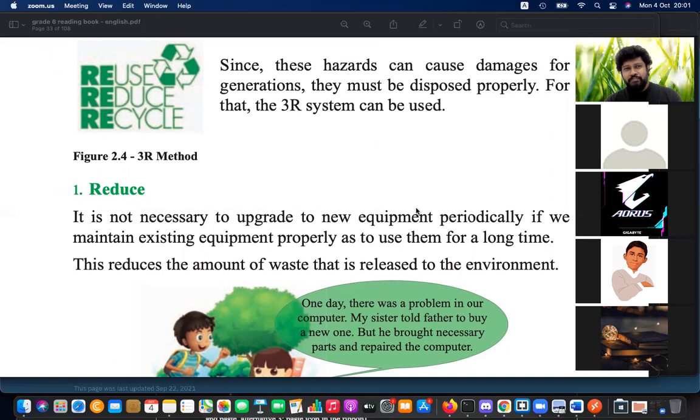Why? The bad thing is that Asian countries are already full of electronic garbage, and they are sending these used computers, used mobile phones. That is actually overloading garbage in Asian countries and poor countries. The good thing is that they are reusing that. If they continue to use new things again and again, then it is adding more garbage to the world. Rather than doing that, they can hand it over to a poor country where they can also use